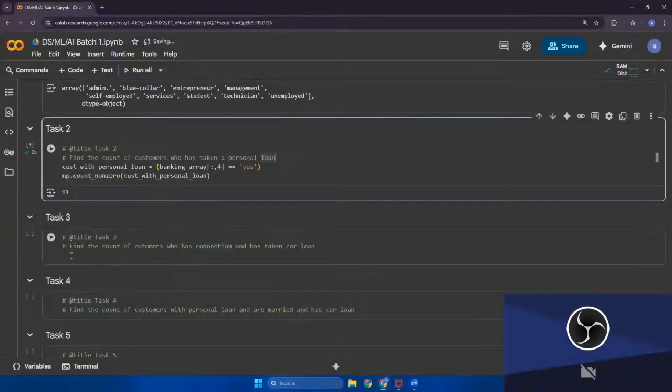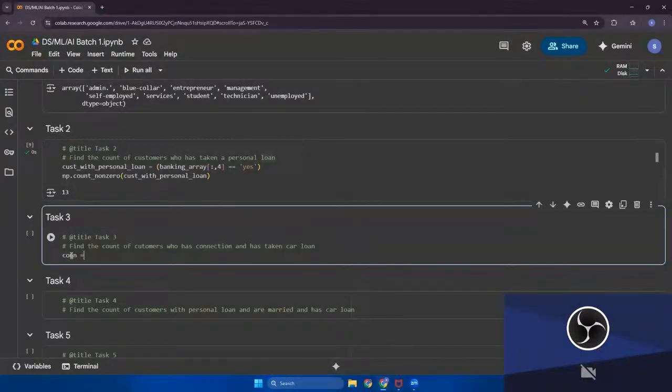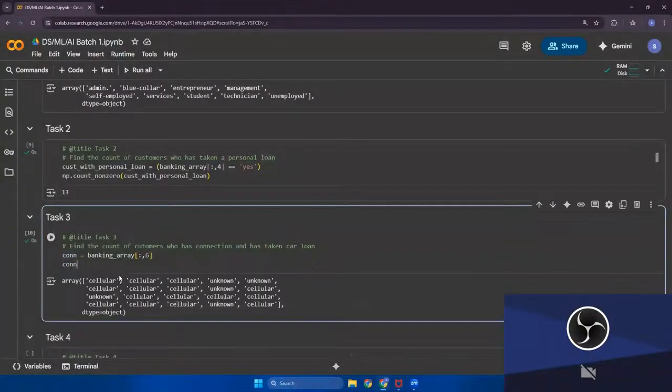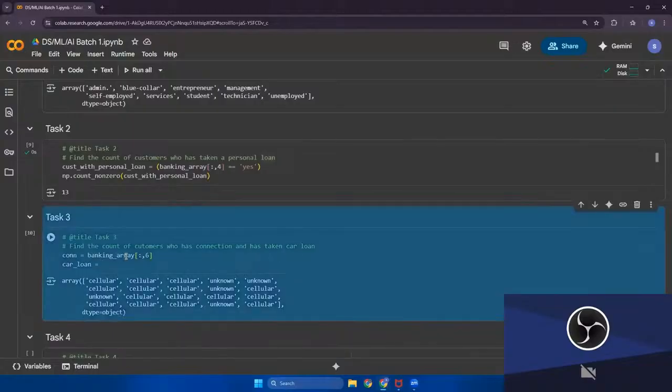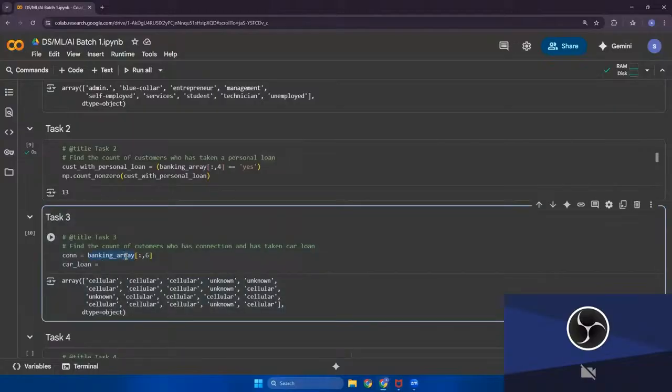So first of all, I'll mention this as connection, CONN, is equal to, we'll call the banking array, will access every single row, but the particular column, that is the 6th column. We'll run it and we'll check. Yes, we are getting the cellular and unknown. Perfect. After this, we are supposed to go for the car loan. So we'll mention car loan here is equal to, again, banking array. We're accessing all the rows again, and we are accessing a particular column again, car loan,